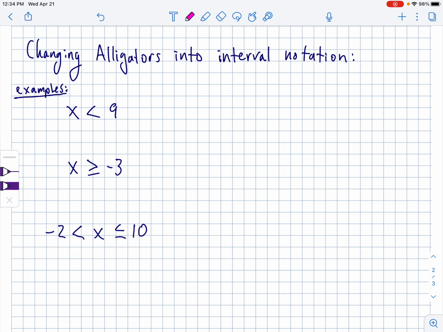The last thing I want to cover is how you can change inequality statements into interval notation. So interval notation is using